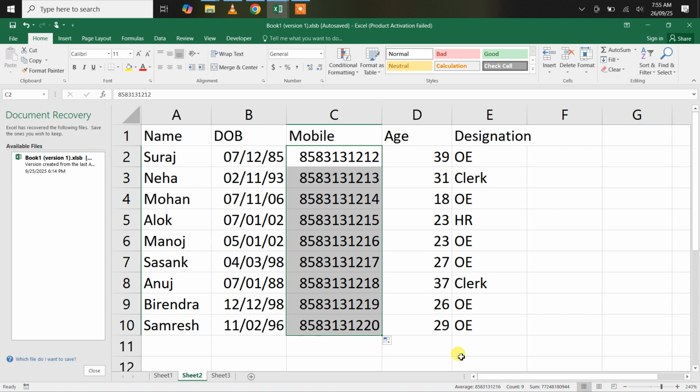Welcome back office executives. In this particular Excel problem set scenario, we will be discussing suffix and prefix in